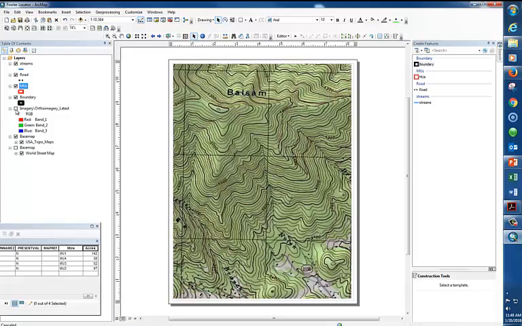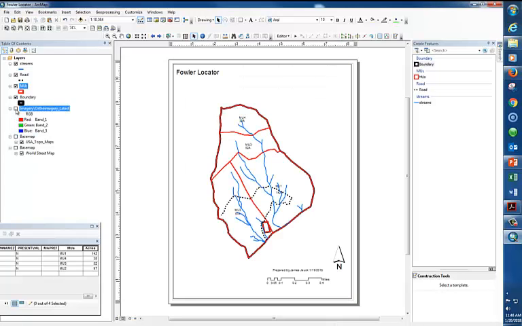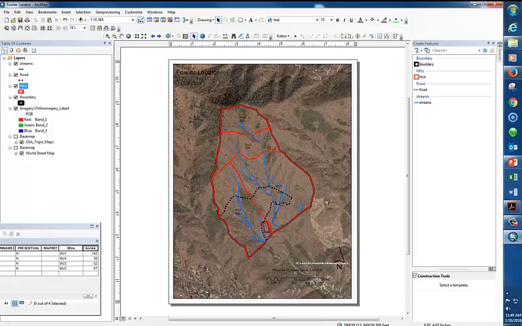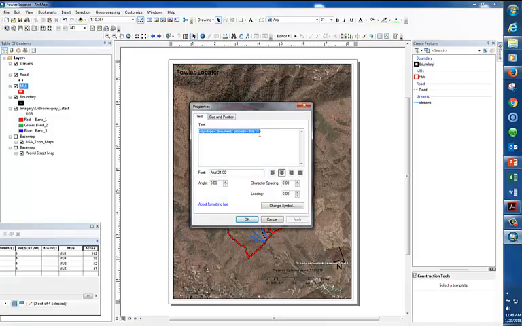And just for now, I'm going to turn off the topo. It's kind of taking its time drawing all that stuff. So most of this stuff I'm going to leave here. I'm going to move it around, but most of this stuff is already set to go because it's left over from the locator map. So what I'm going to do first is change the name of this